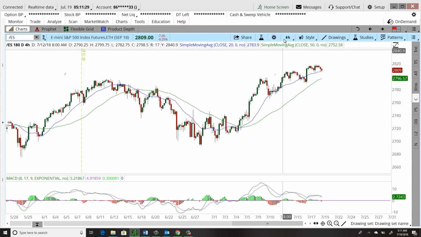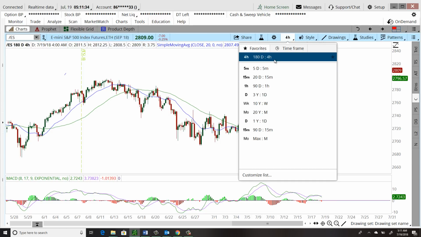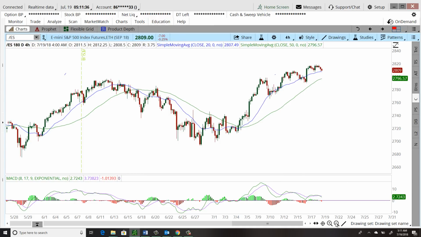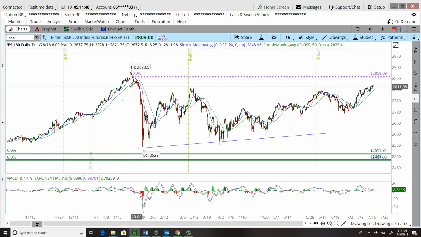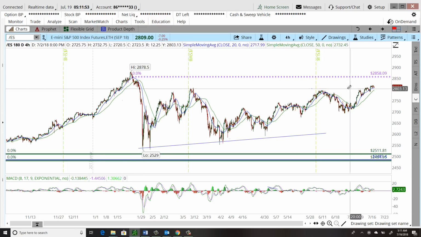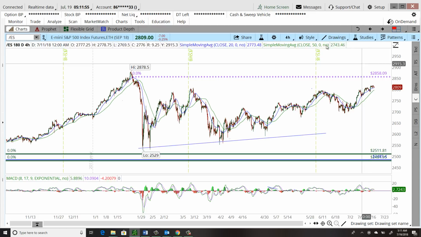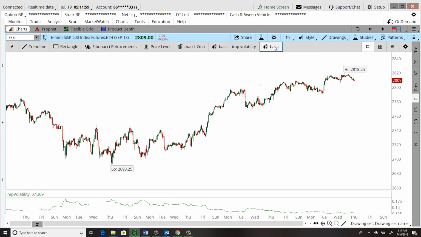I have room to roam. I have room for price to keep going higher, no doubt about that. But just because I have room for price to keep going higher doesn't mean that I'm going to forget about this area here. I don't think, and I mentioned this yesterday on the recording, I don't think this is a great area for a reversal. But I'm also going to be a little cautious of some areas that are below current price to go long. So for now, I'm going to leave this one be